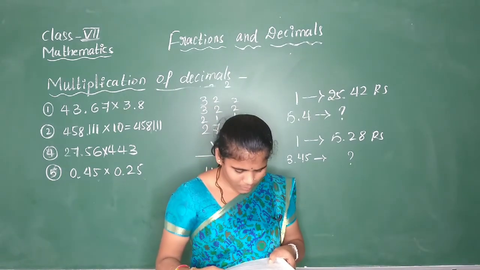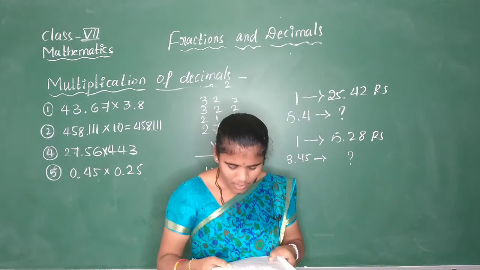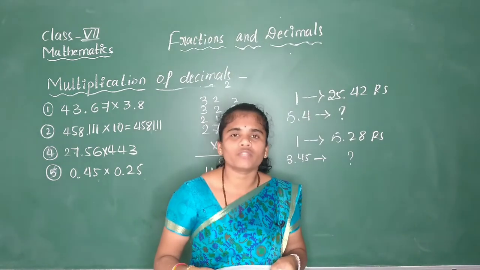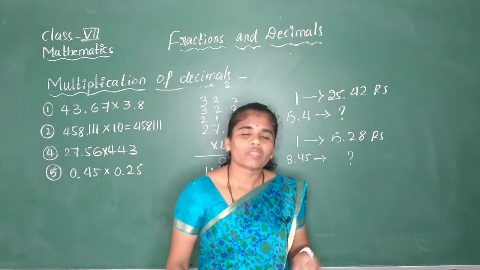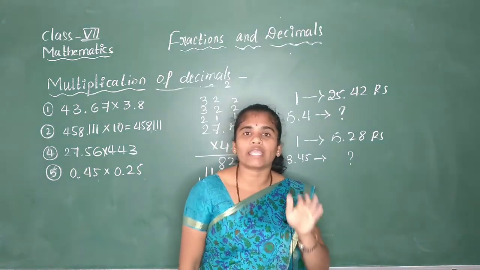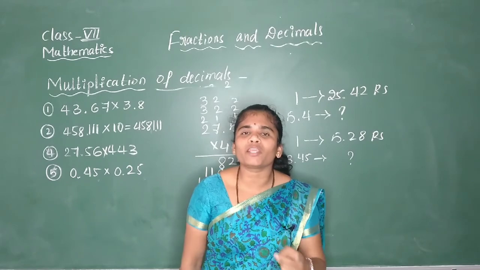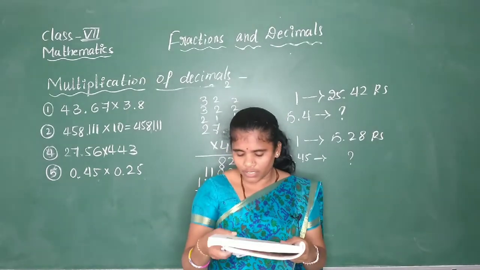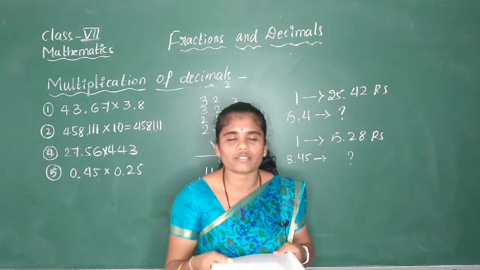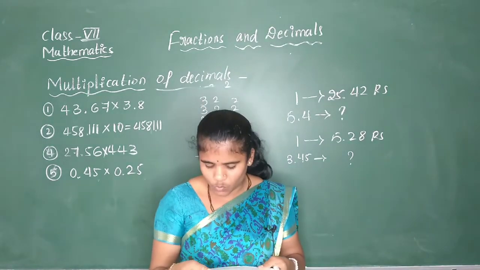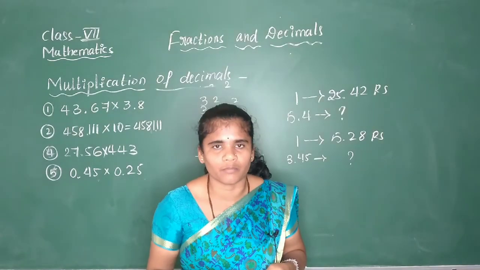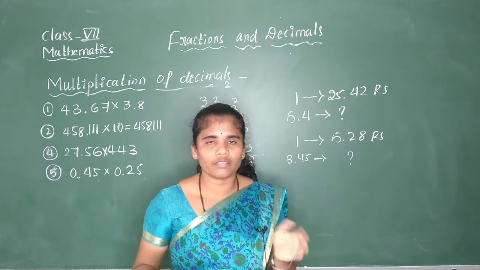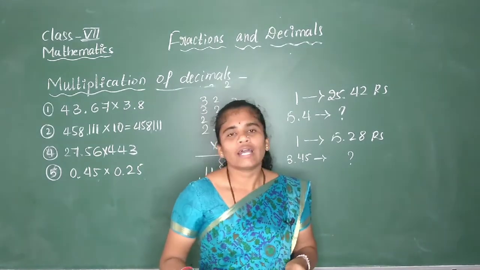Next, D one, calculate the area of the rectangular park with the given dimensions. Area of the rectangular park. Here the area of a rectangular park is nothing but the multiplication of two sides, that is length into breadth. Here they gave a length of 153.75 meters and a breadth of 111.63 meters. Multiply those two numbers, you will get the result, length into breadth, area of the rectangle.